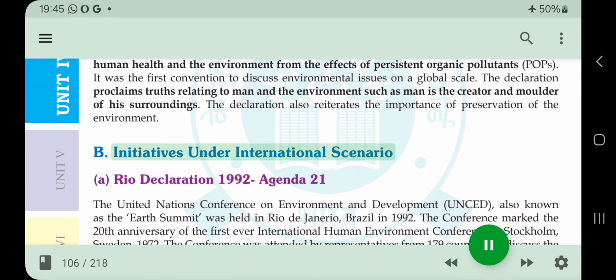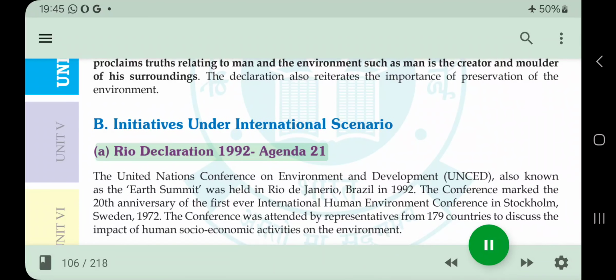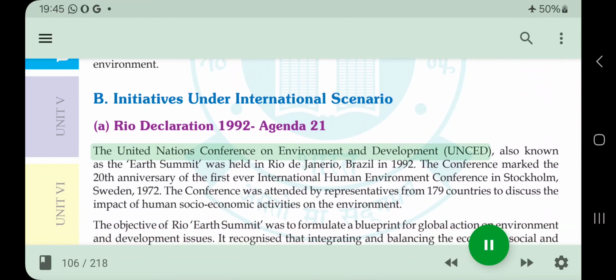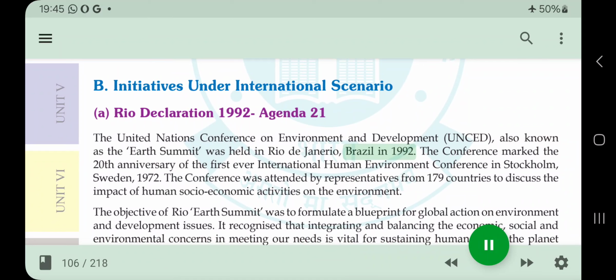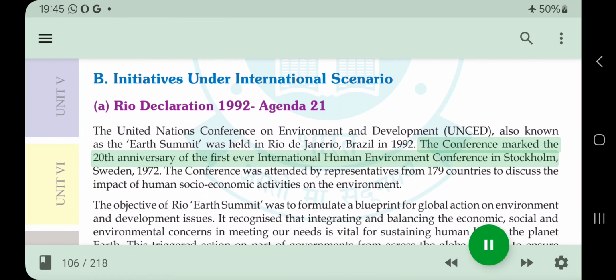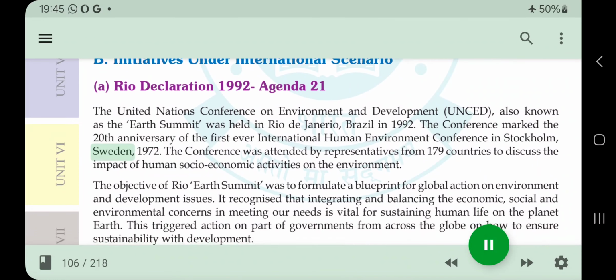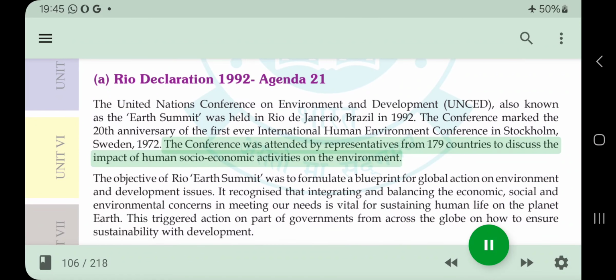B. Initiatives under international scenario. A. Rio Declaration 1992, Agenda 21. The United Nations Conference on Environment and Development, UNCED, also known as the Earth Summit, was held in Rio de Janeiro, Brazil in 1992. The conference marked the 20th anniversary of the first ever International Human Environment Conference in Stockholm, Sweden, 1972. The conference was attended by representatives from 179 countries to discuss the impact of human socio-economic activities on